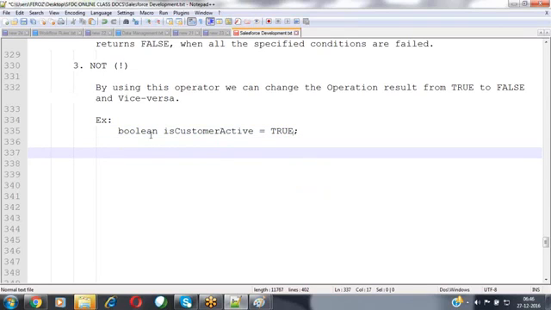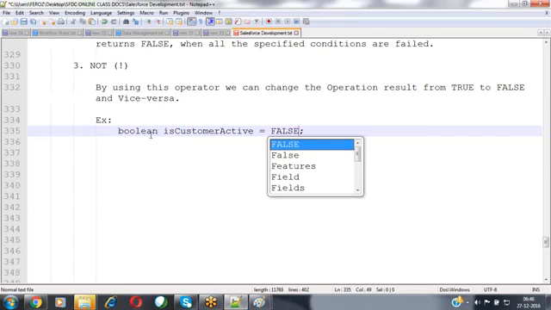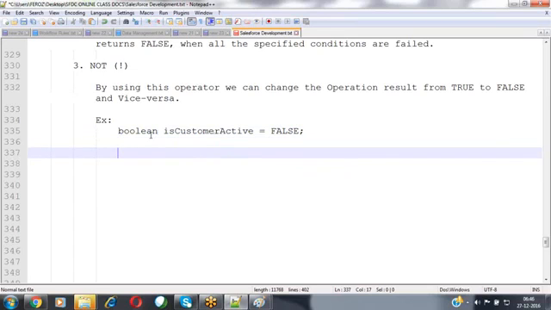I have assigned some value for this one, or I'm assigning the value as false. Now by default, the customer is not active here.